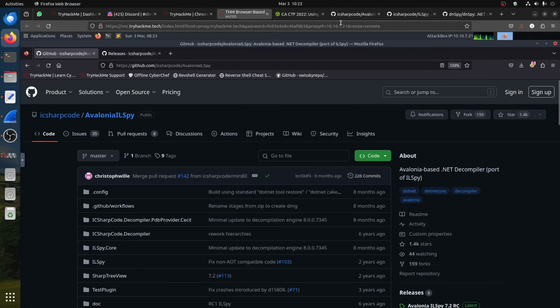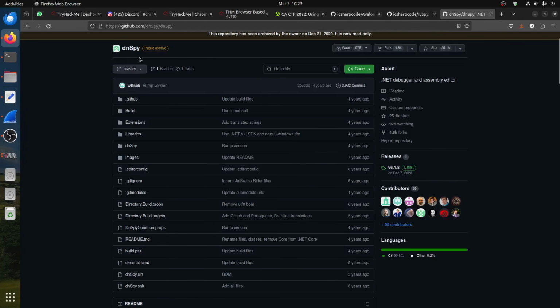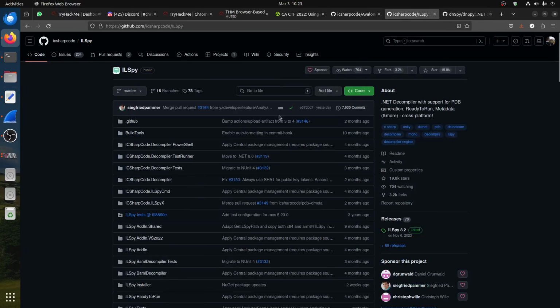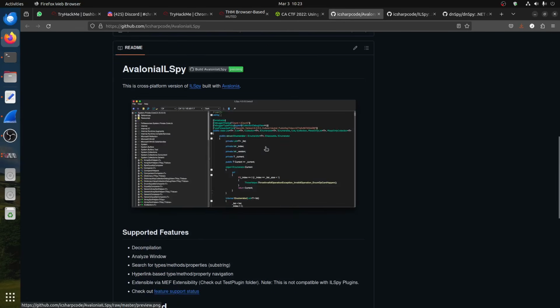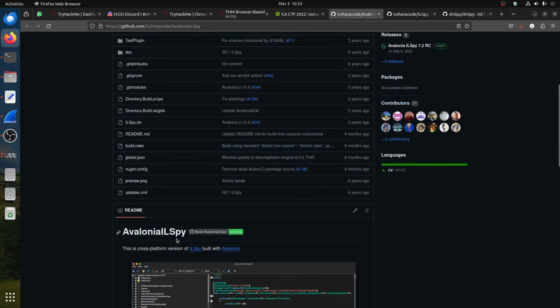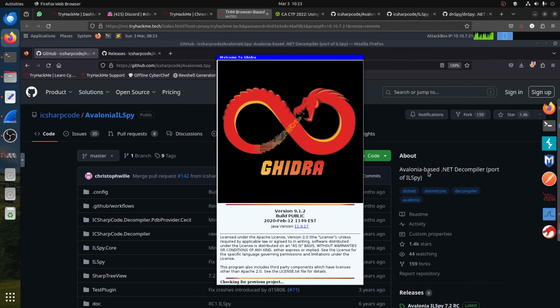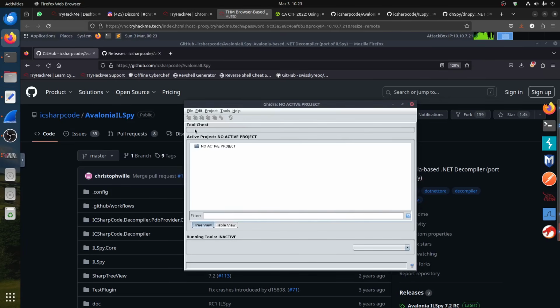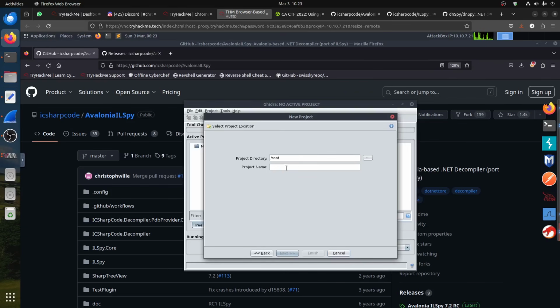In Windows, you can use dnSpy. It's good for .NET, because we're dealing with .NET files. We can also use ILSpy. If you want to use it on your Linux machine, you can use Avalonia ILSpy. I tried Ghidra, for example, let's say the Chrome